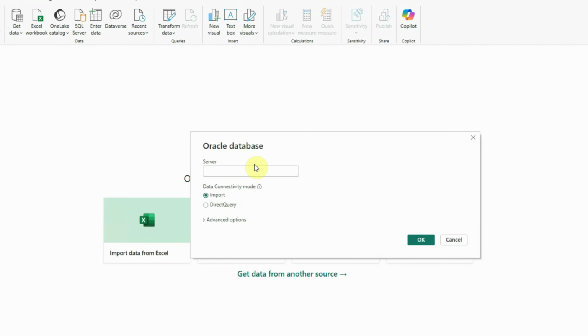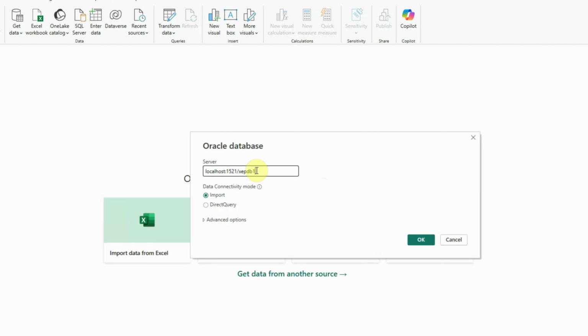Then in this window, in the server box, we are going to put the server as localhost, that is this computer, because our Oracle database is also running on this computer. Then colon the port, that is 1521, slash the service name or the name of the database, that is our pluggable database. So the name is